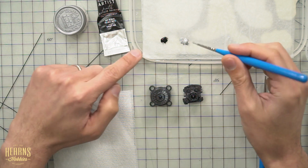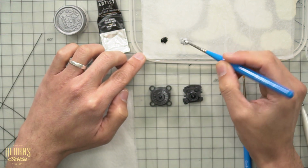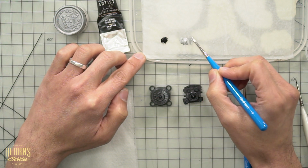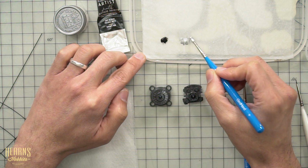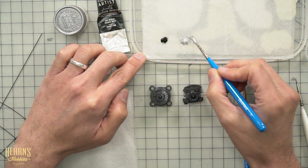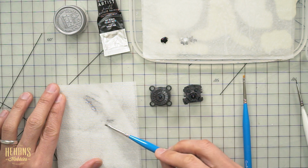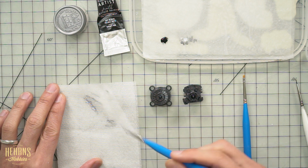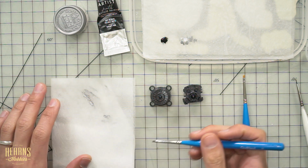Okay, so we've got our paints here. Now I've got the silver applied at this point here. The important part about dry brushing is exactly that: the brush needs to be dry. If it's too wet, you'll just be brushing over everything like normal. To get it dry, basically you're doing what I did before, wiping off all the excess. And because the silver is a very opaque paint, even though you can't see any coming off on the tissue now,